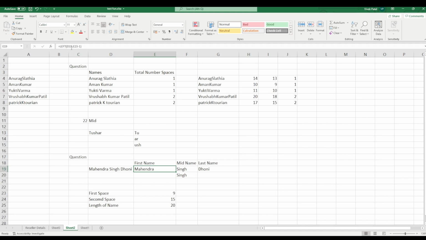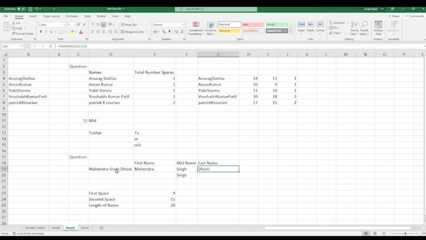Simply what we do, the E23 column shows our first space position, and we will do minus 1, so it will give us the first name, which is 8 characters. And we know that we pass the number of characters we want to print from the left side, so simply the purpose is the same. Now similarly we have to find the last name